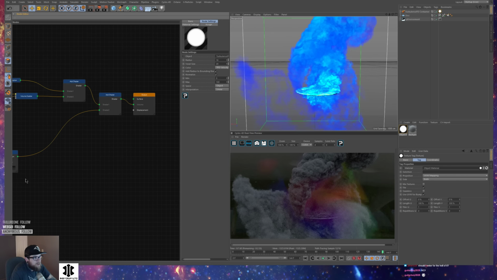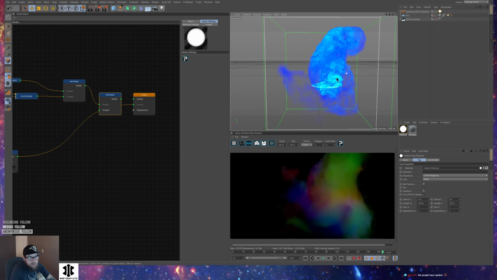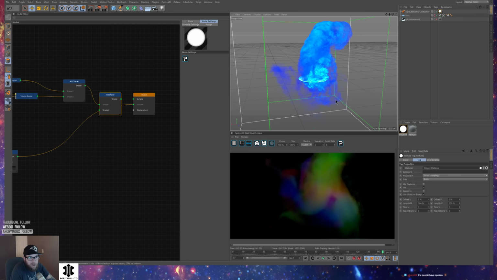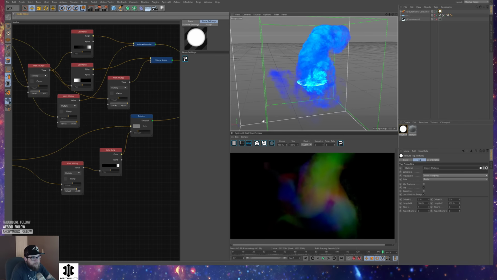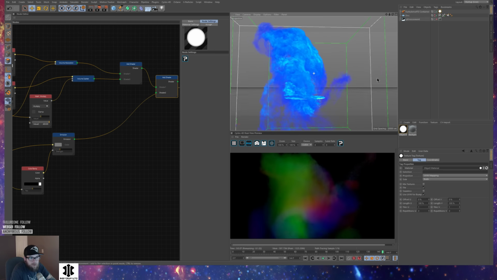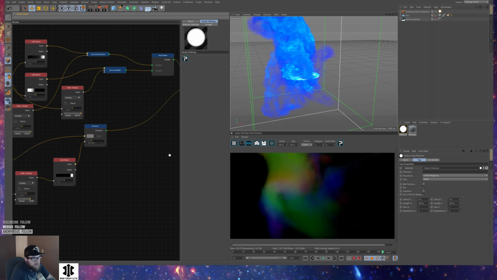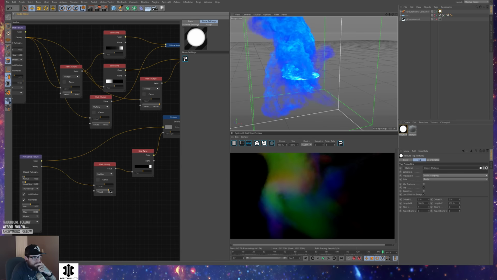Let's do this. I'm going to get rid of the add shader entirely, and I'm only going to show you the rendered velocity channel from Turbulence FD. This is vectors being changed into, let's go ahead and turn off the environment as well. So this is the velocity vectors inside the container being rendered as an emissive texture in a 3D space. There's no way to render anything like this from TFD in Octane, and